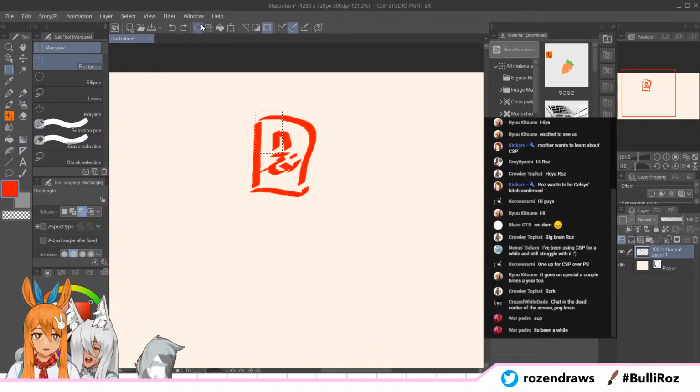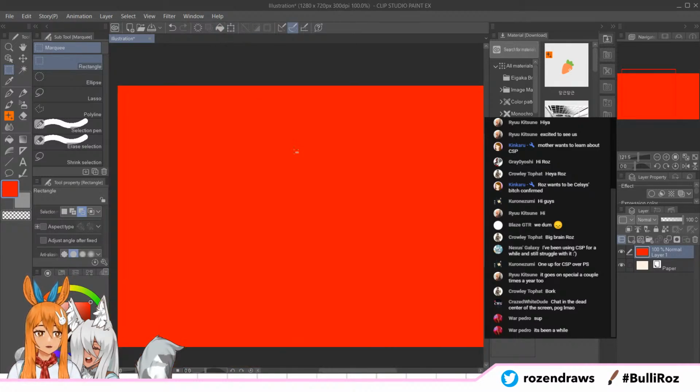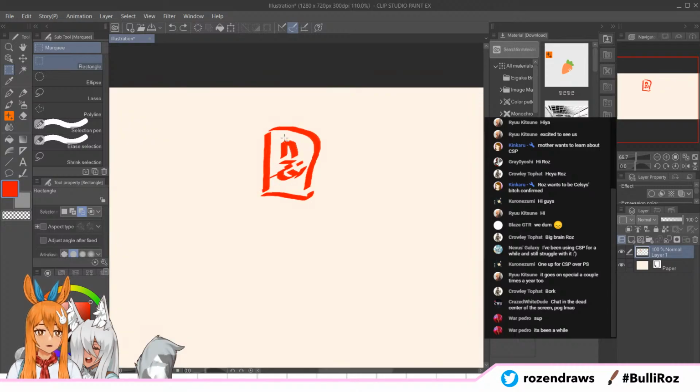This is up here, of course. You have delete outside of selection, which will yeet anything outside of the selection, obviously. You have the fill tool, which if you don't have any selection, will just fill the entire page. But if you have a selection made,